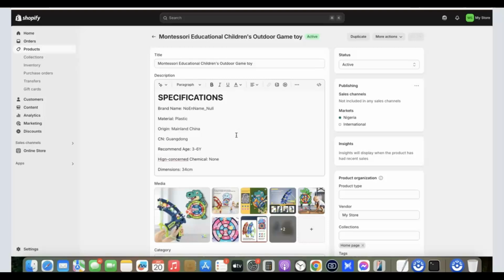So once you have enough products on your Shopify store, the next thing you want to do is to go over to the Shopify app store, then install the TikTok app or Facebook app. So this is what you're going to be using to market your product. So once everything is in place, now you can start marketing this product and start making profit for all of the products you have